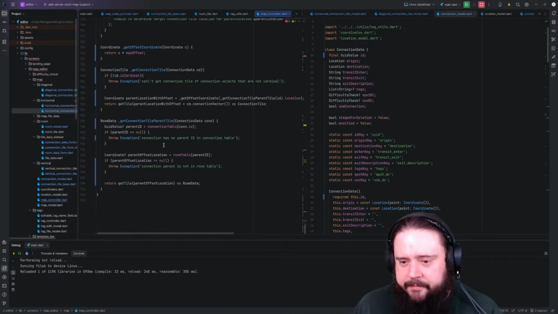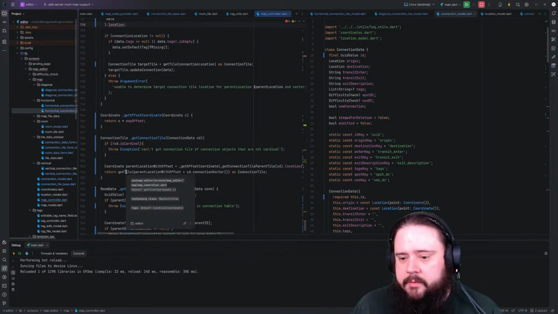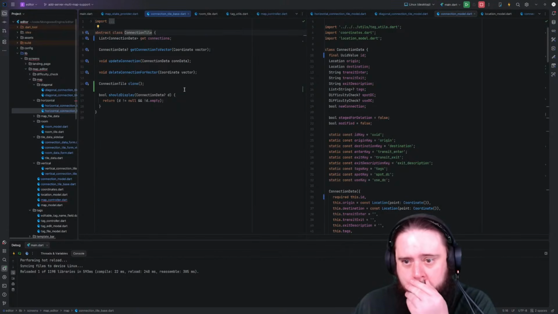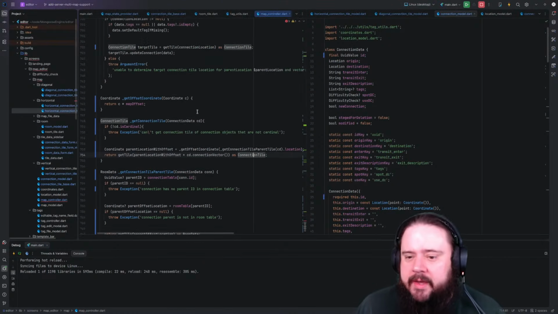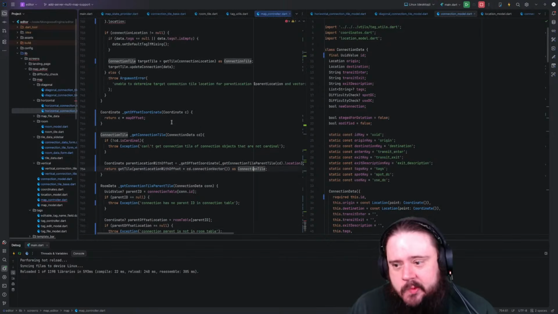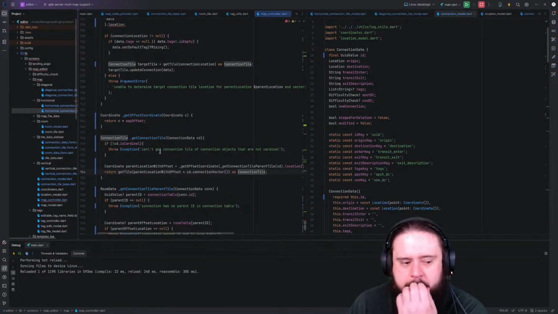Oh, except for this is going to return me a connection tile. I can't get a location from you. You don't know about locations. So